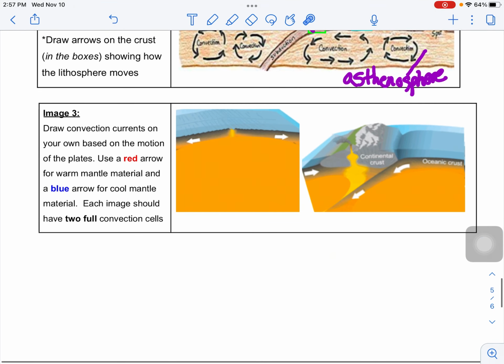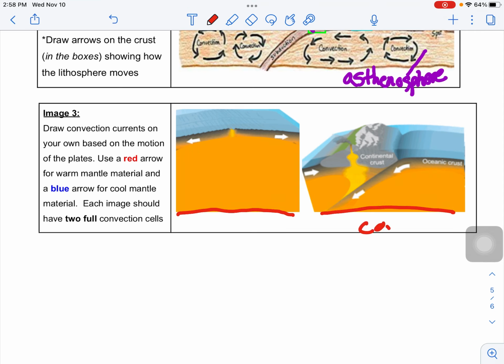Okay, let's take a look at the last one. Image 3. Draw convection currents on your own based on the motion of the plates. Use a red arrow for warm mantle material and a blue arrow for cool material. Each image should have 2 full convection cells. Okay, so I'm going to grab my warm, my hot, and the orange is going to be my mantle, and if I can just imagine that underneath these would be the core that's going to be really hot and heating up the mantle. So I can see that these plates, I can see one plate moving to the left,